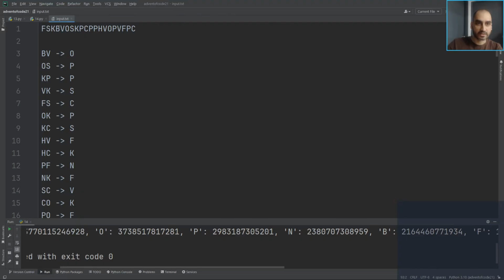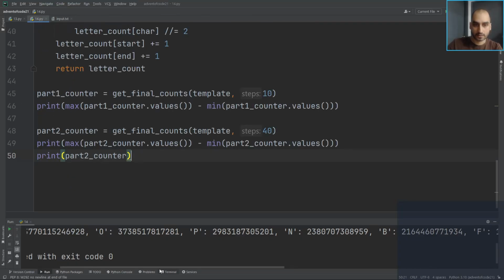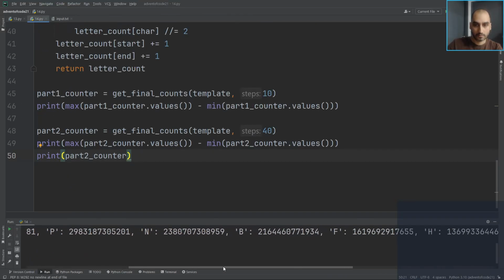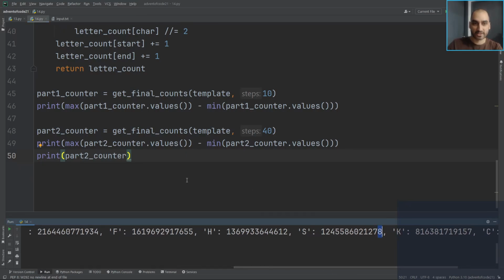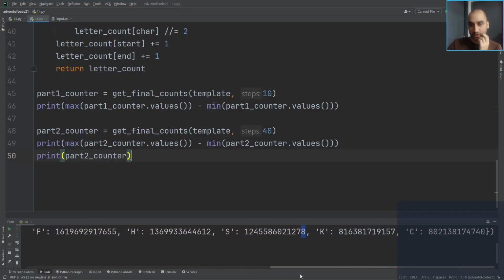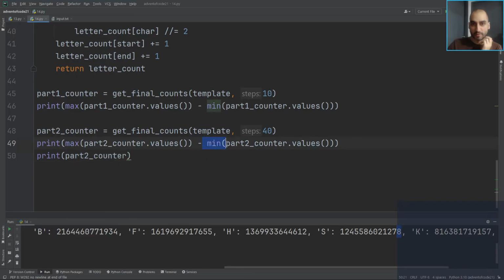So the start character F and the last character C. C was not the biggest and F was not the smallest. So it didn't matter. Literally just knocking one character off, but if F or C were the most or least, then it would matter because we'd be off by one in this answer. Unless one was the biggest and one was the smallest, then they'd cancel out. That'd be a bit funny, but